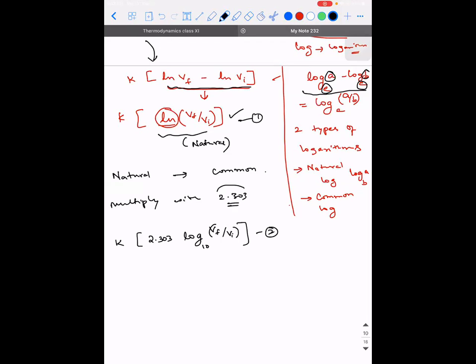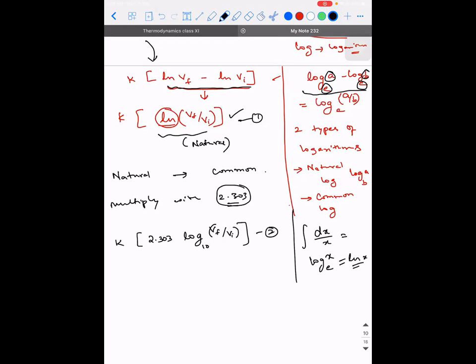Sir, if you integrate anything, it is a natural log. Integration will give you the output as natural log. For example, integral of dx by x, what is it? It is log x base e, which is what is written as ln x. You read it as ln x. Base e is natural. Base 10 is common.